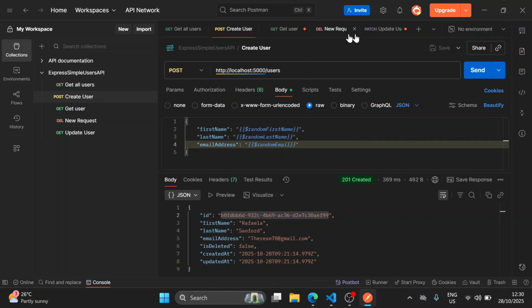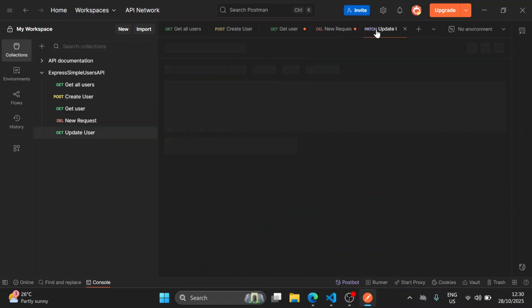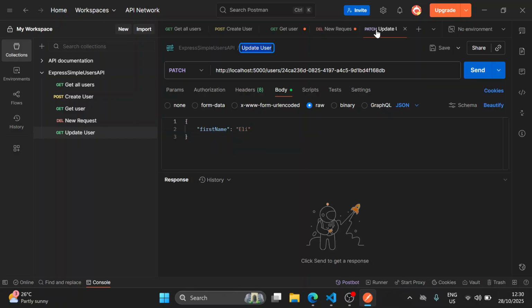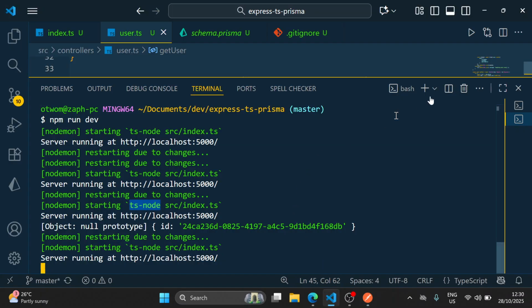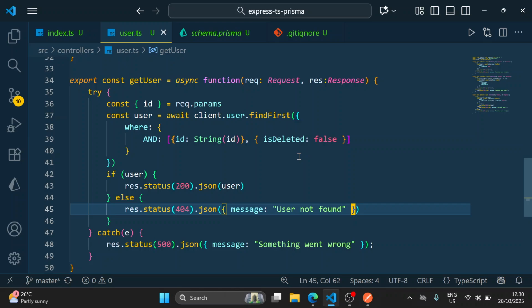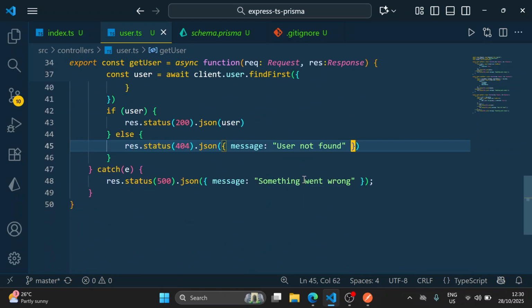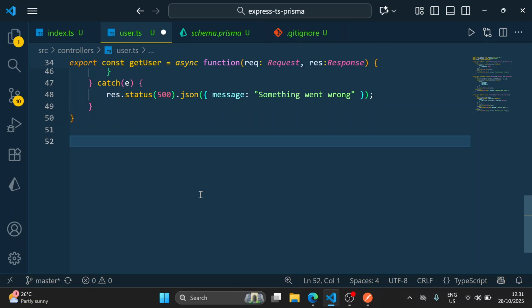Let us now look at how we can update a user. Last week we did not see how we can update a user. I left it as an assignment to you. But today I want us to look at how we can update a user. So again, for that, we want to define a controller for updating a user. Okay, so we can have here export const update